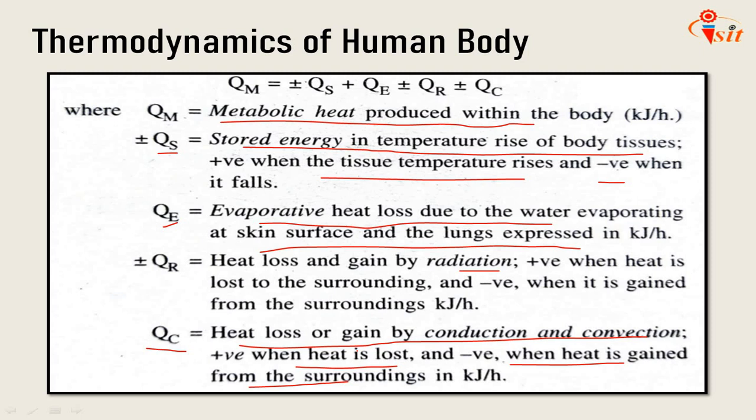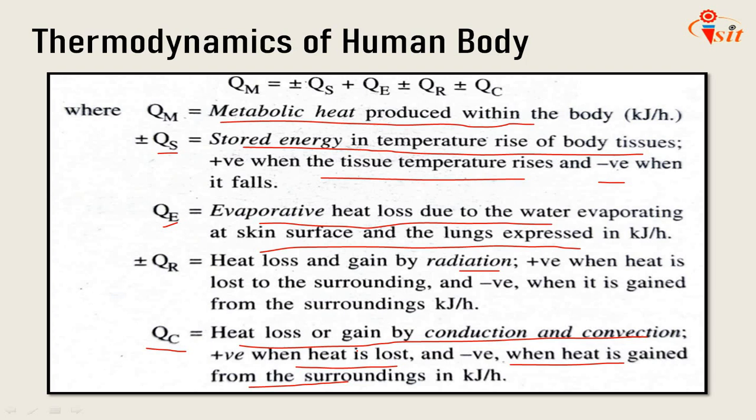If Qe, Qr and Qc are high and positive, Qs becomes negative. When Qm is low, a sick, old, weak or fasting man feels more cold when exposed to low temperature, high draft air. A man gets fever when internal body activities increase Qm to such an extent that Qs becomes positive for given Qe, Qr and Qc. The stored energy Qs has maximum and minimum limits which, when exceeded, bring death.